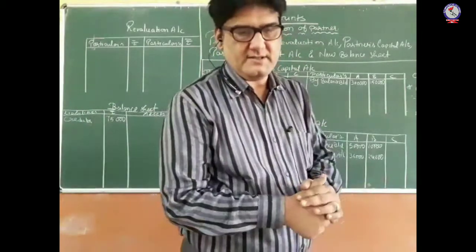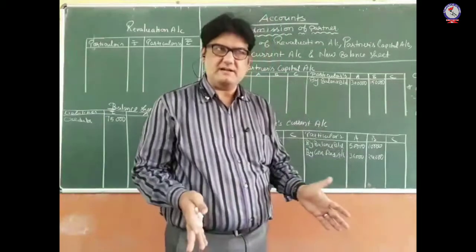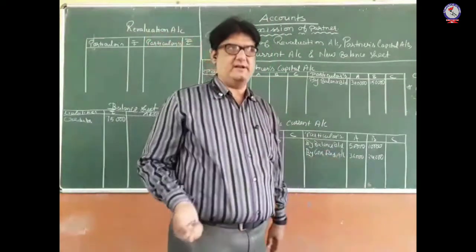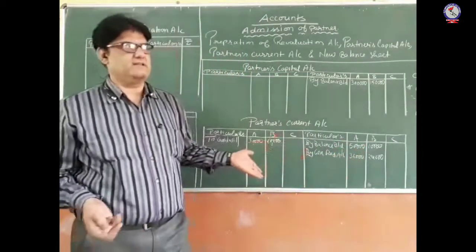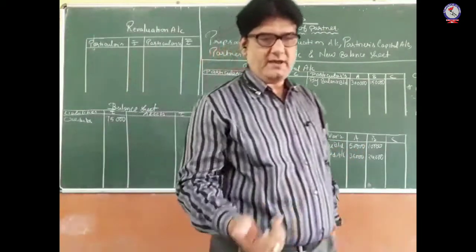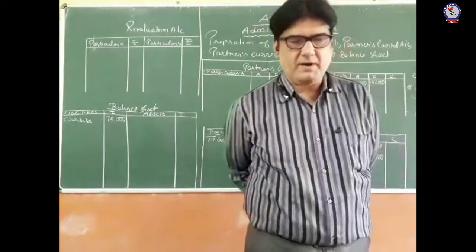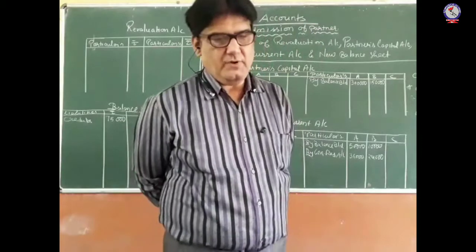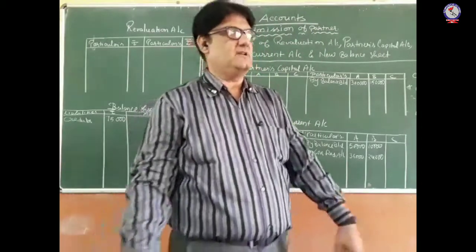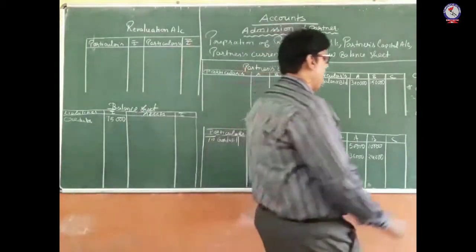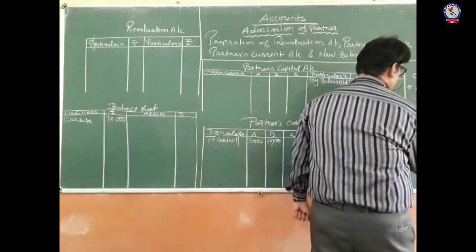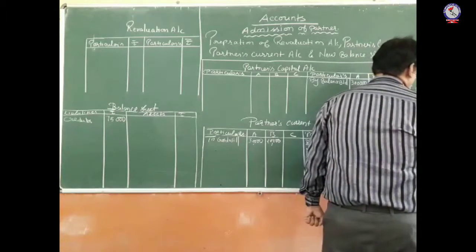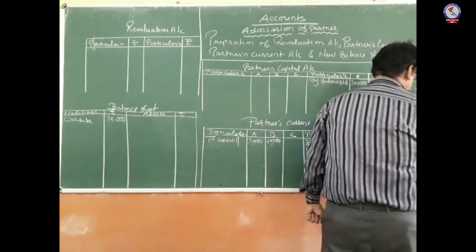From the asset side only this is the amount which we have to settle, and in the rest of the amounts there might be some adjustments related with revaluation, increase, decrease, whatever it may be. So now we are moving towards the adjustment part. Adjustment number 1 says that provision for doubtful debt is to be maintained at 5% on debtors. We have to maintain PDD at the rate of 5% on debtors.